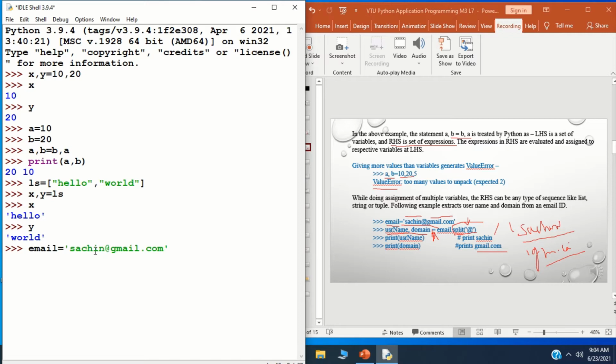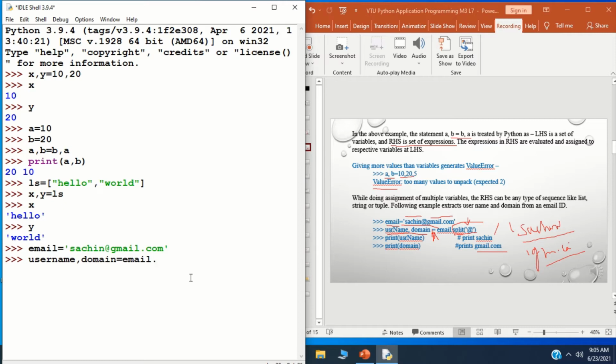If you want to extract the particular words, we can use the split function. So here I'm going to specify two variables. Let's say username is my first variable and the second variable, let's say domain, is equal to, after that I'm calling my sentence variable name, email.